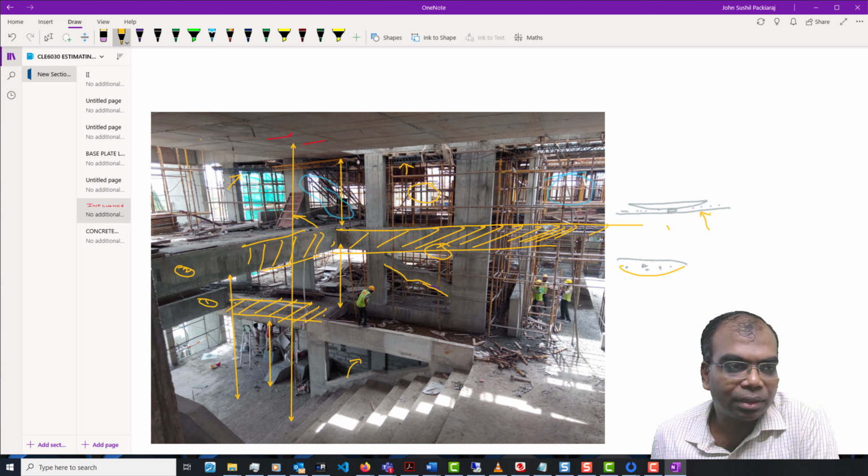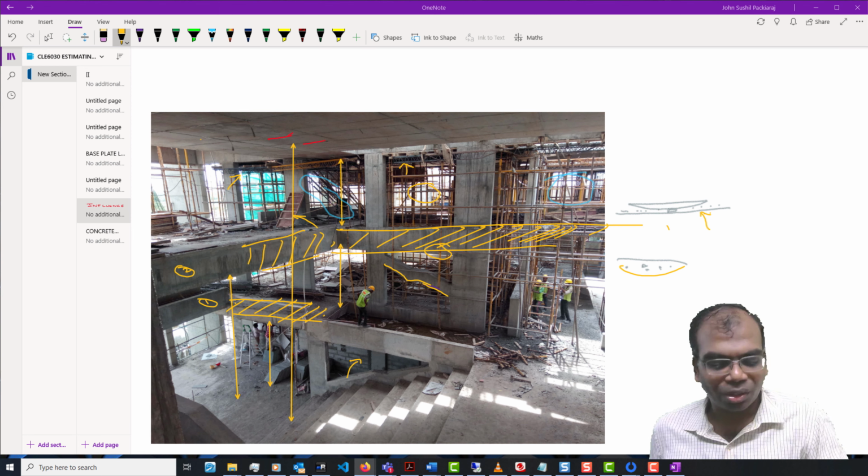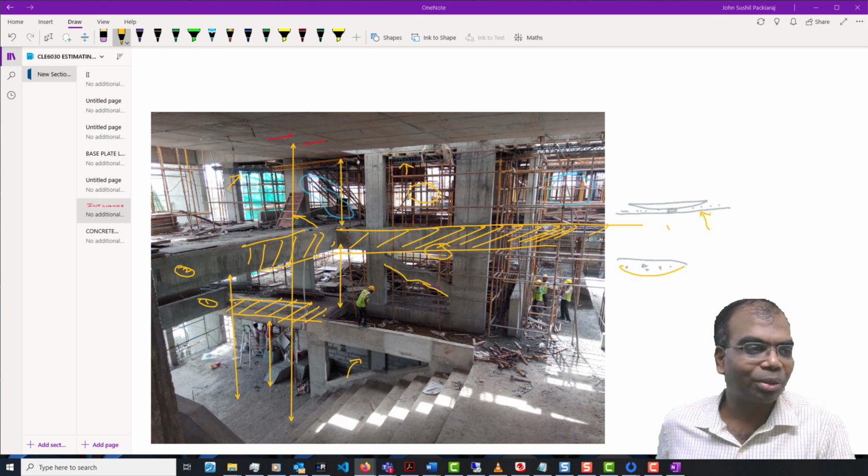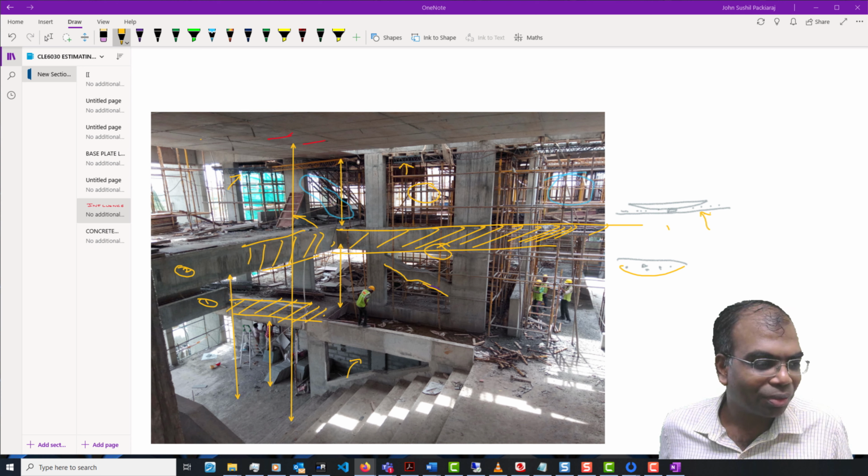Just imagine, because of your poor shuttering, all your accurate calculations are not going to work. You'll still find that you're running out of concrete, and that is not a very nice thing to experience. I'm sure you'll all agree, right?